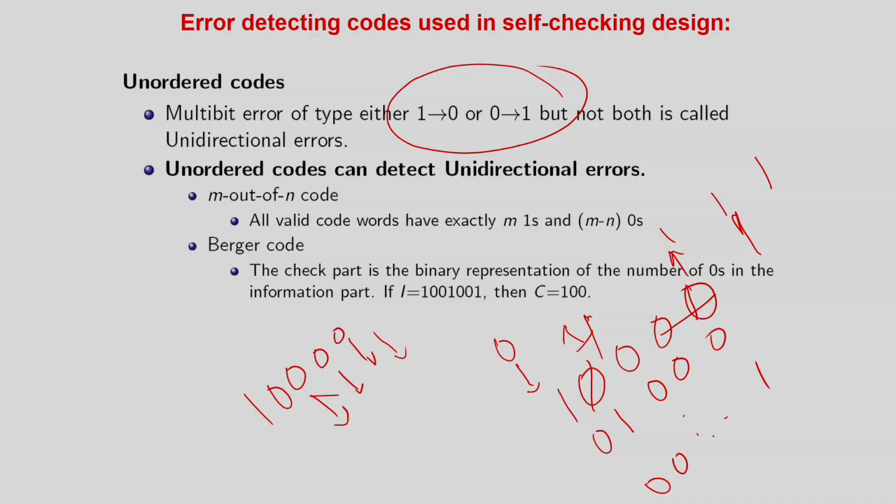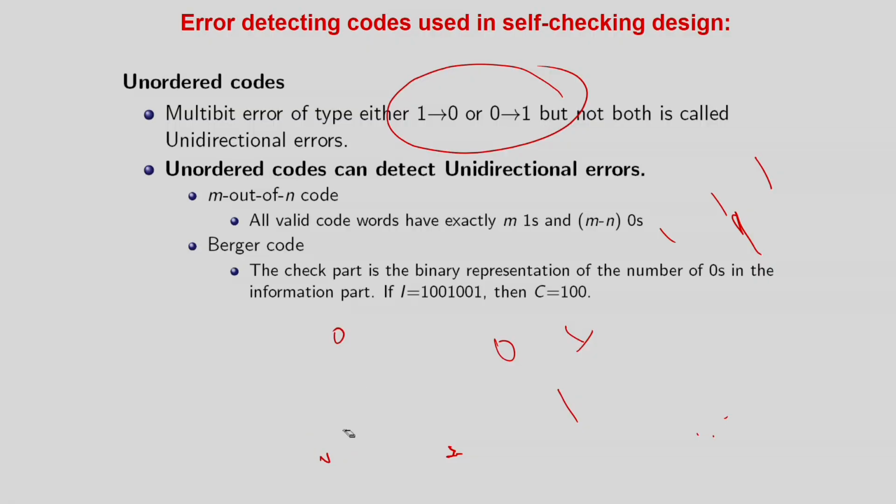In the other direction, even if a unidirectional error happens, for example this one becomes 0, then the number of ones will be 0, which is also not possible in the one-hot encoding. In fact, you can easily try with two ones. The idea is very simple. If you are using a two-hot encoding, the codes would be 1 1 0 0 0, then 0 1 1 0 0, maybe 1 1 0. You can easily appreciate that any type of unidirectional error will change the number of ones, and as the number of ones is fixed in the encoding, you can very easily detect it.